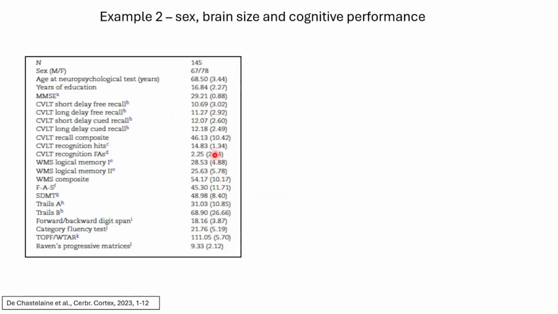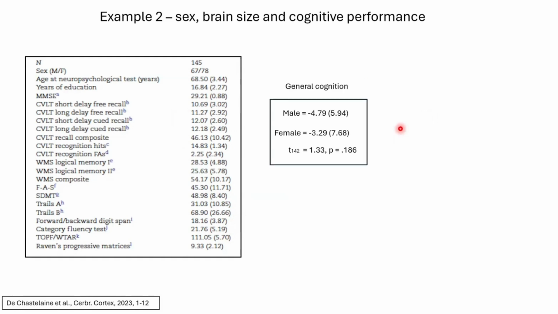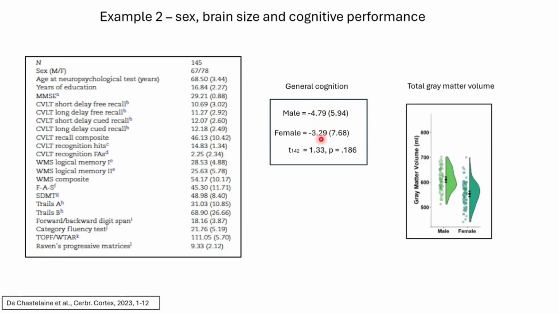I might just say, in recognition of what you mentioned, if we look at verbal memory, women massively outperform men. But in actual fact, when we look at general intelligence, that is the first principal factor from all of these cognitive scores, males are slightly worse than females. The negative value here is because of z-scoring across the whole sample. But there's no significant difference in general cognitive ability between males and females.